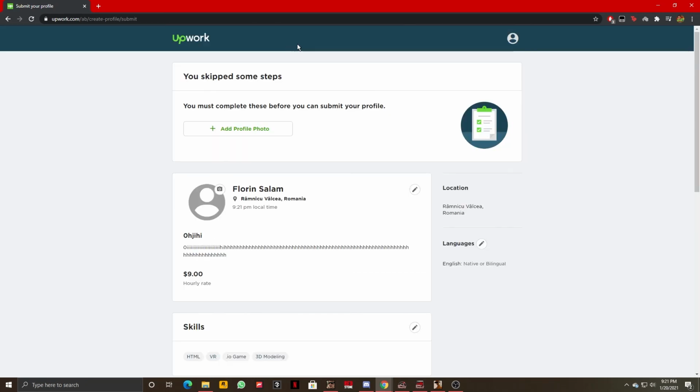And basically after you also add your profile image, as I haven't done it here, or you can just submit your profile and start using Upwork in order to find work or whatever purposes that you need it for. And that's pretty much all there is to it,